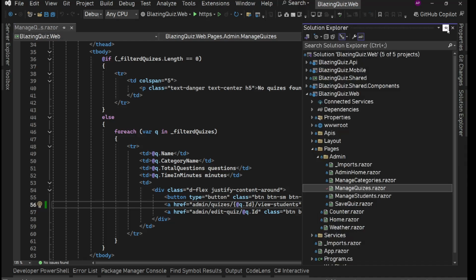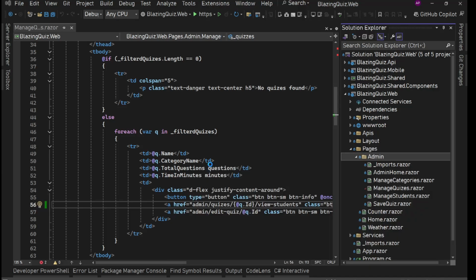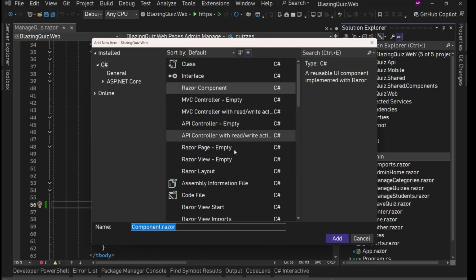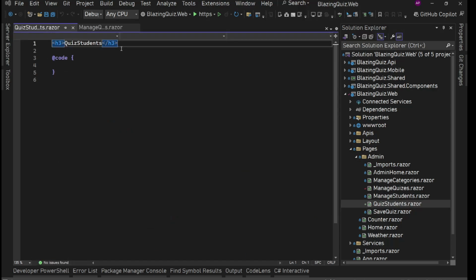Let's create a new page in admin, add new razor component, and here we'll say students, what we should call it, let's say quiz students dot razor. So first thing, we need to have page, so let's have page attribute with this url. Now this is going to be quiz id